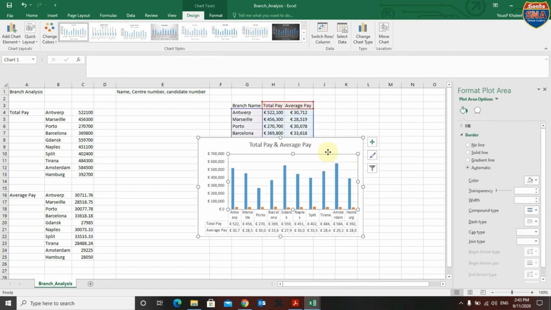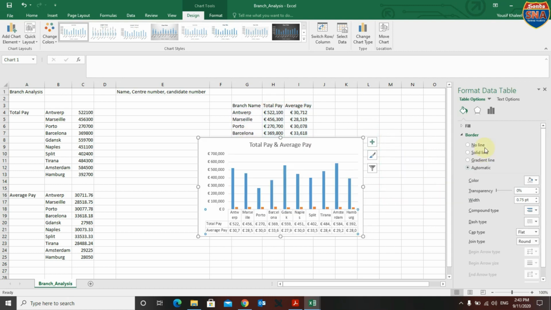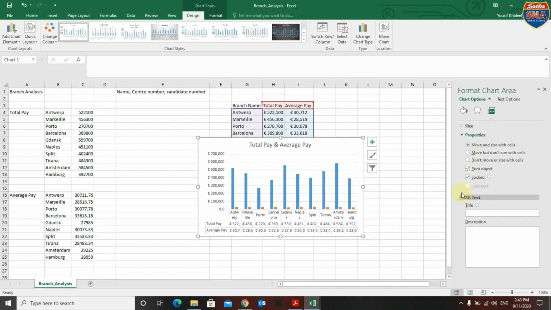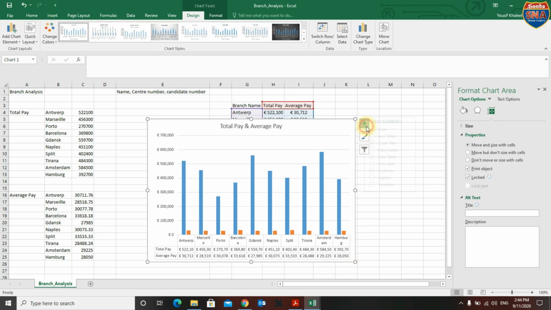Okay, so again, okay, so properties and all text here. Then okay guys, don't worry, okay, there's no need for the grid lines, and this is the data labels here,